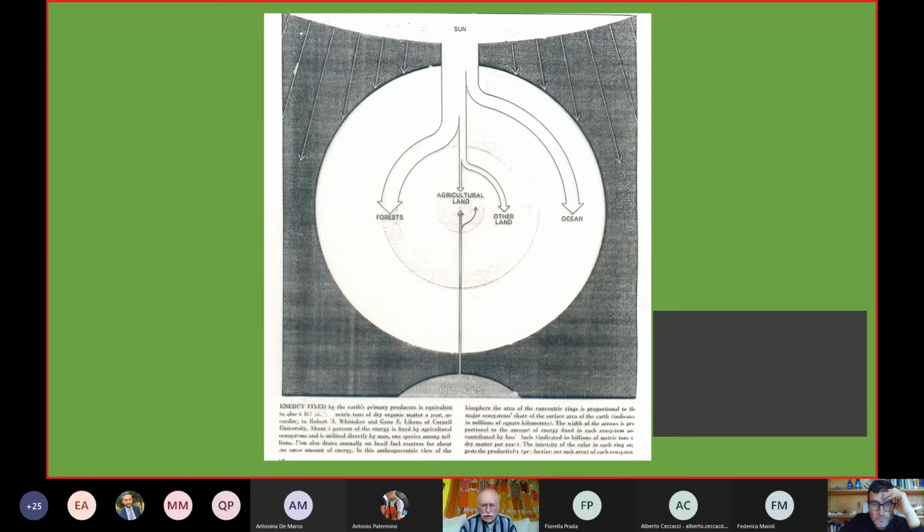And now you can see the difference between how much the very little fraction that goes into agriculture and something that we usually don't think of. A lot of agriculture is not supported by sun. If you think of the tractor, the metal, the fuel, all comes from fossil reserves formed finally by photosynthesis, but millions of years ago. So this is a kind of a thought that is not always taken into consideration.